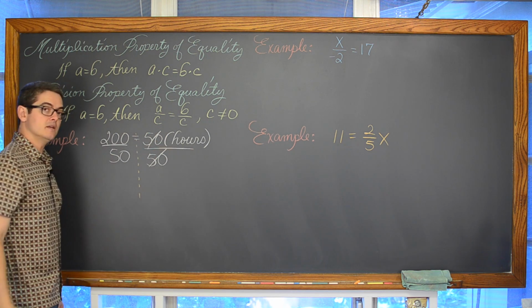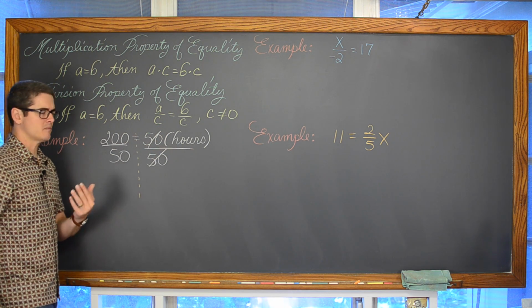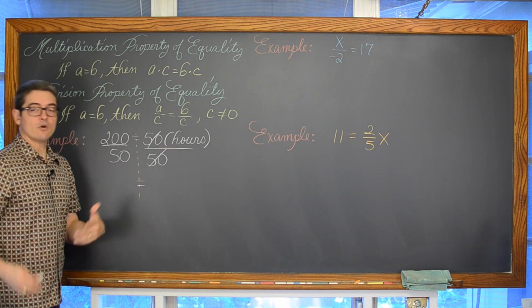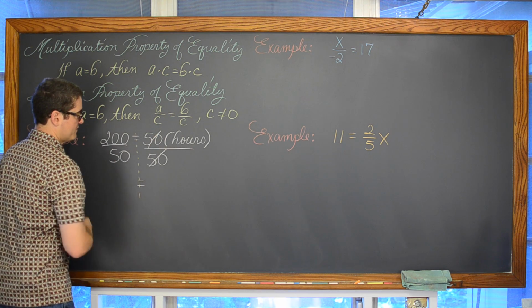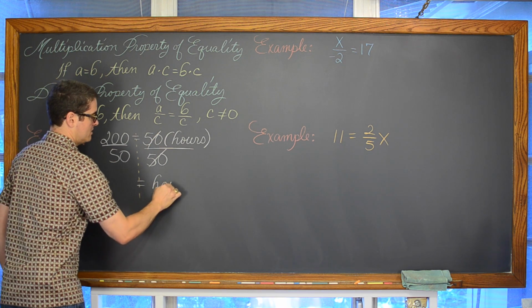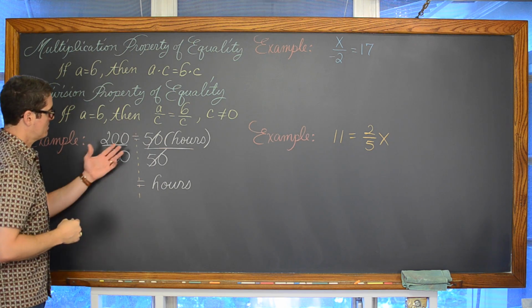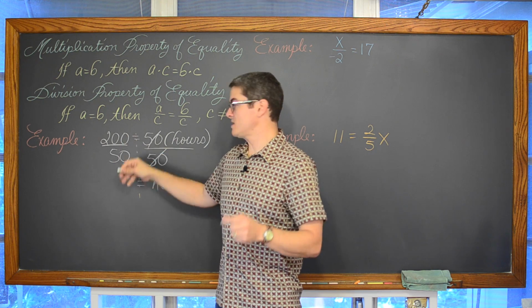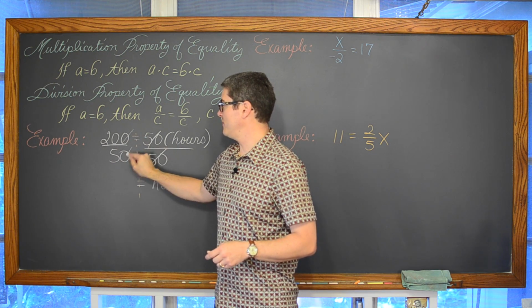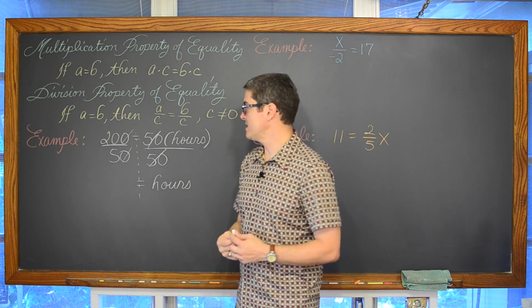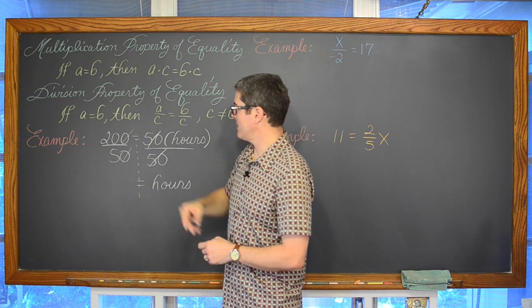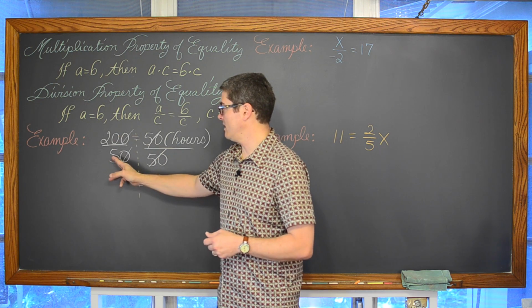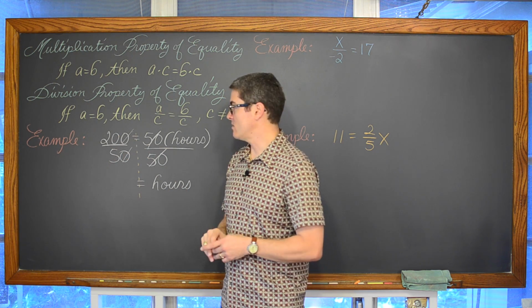50 divided by 50 is equal to 1, not 0, like sometimes students think, because if you were to then multiply by 0, your variable would be gone. But 50 divided by 50 is 1, so we're left with H, or hours. And when you're reducing this fraction here, both of these values ending with a 0 means that both 200 and 50 are divisible by 10. I can divide the top and bottom by 10, and 200 divided by 10 is 20, and 50 divided by 10 is equal to 5.